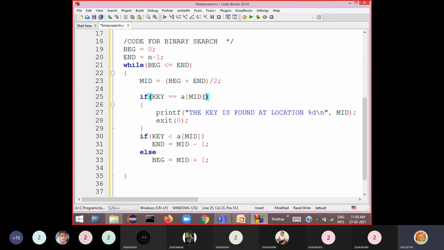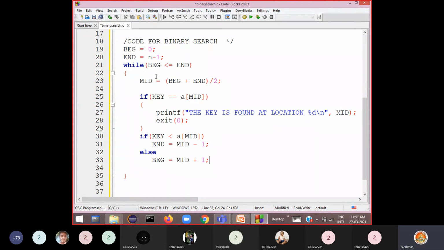If it is the middle element, directly it prints and comes out. Otherwise it checks whether it is in the left half or right half. Else means it is in the right half. In the left half, meaning when you are moving to the left side of the middle, only the end value will change. When you are moving to the right part of the middle element, the beginning value will change. So calculate the new end and beginning values and start searching again like this.